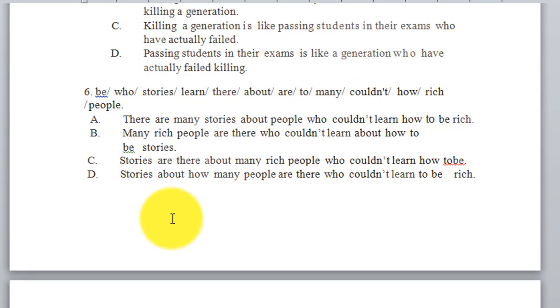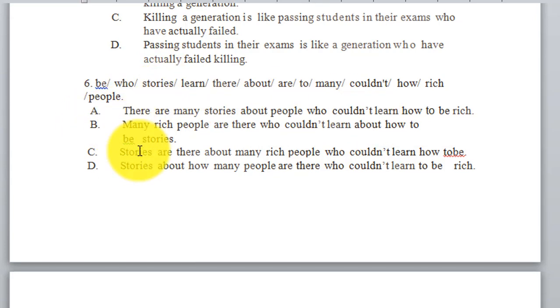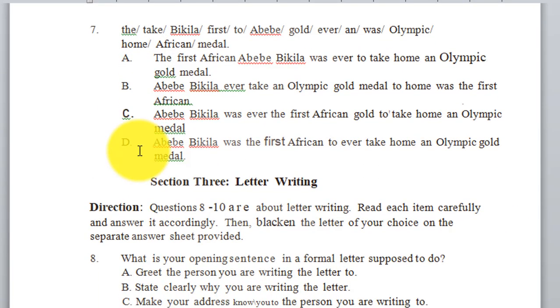The other question, number 6. Yeah, there are many stories about people who couldn't learn how to be rich. There is a subject here: many stories, of course, which is called a noun phrase, about people who... Right. Many rich people are this? No, because the sentence begins with an adverb, quantity adjectives. Stories are there is meaningless here. Simply, the answer is A. There are many stories is meaningful and understandable because the words are arranged appropriately. ቃላቶች በትክክል ተቀምጠው ነው። ሰብጀክት አለ፣ ቨርብ አለ፣ ኦብጀክት አለ፣ ሪላቲቭ ክሎዝ አለ። ይሄን ስትራክቸር ስንጠብቅ ነው መልሳችን ኤ ብለን እንመልሳለን። የቅድሙን ህግ ተግባራዊ ስታደርጉ ይሄ ማለት ነው።